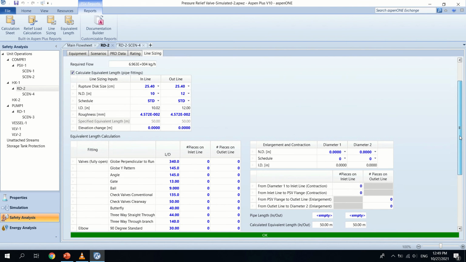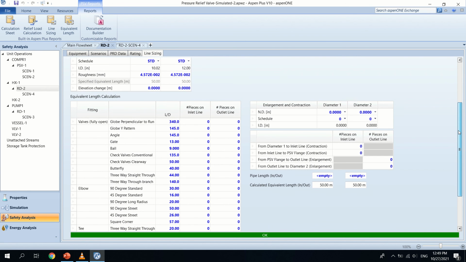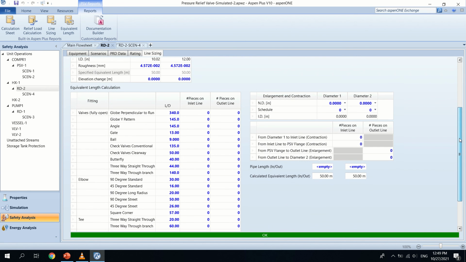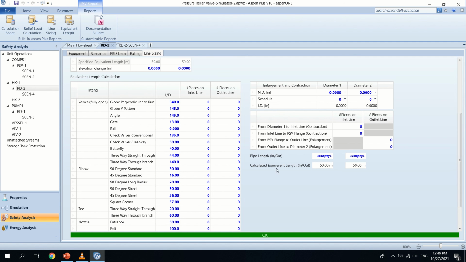Also, I can calculate the equivalent length of pipe fittings. As you see here, the calculated equivalent length for the inlet and outlet line is 50 meter. If I use 1 gate valve for the inlet line and 1 gate valve for the outlet line,